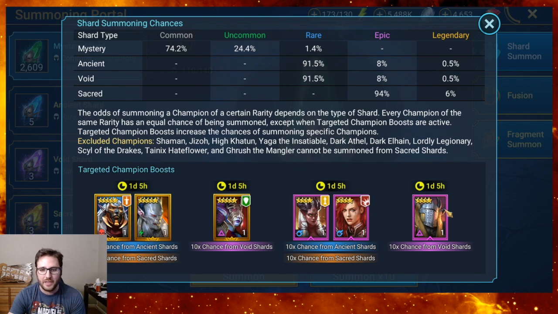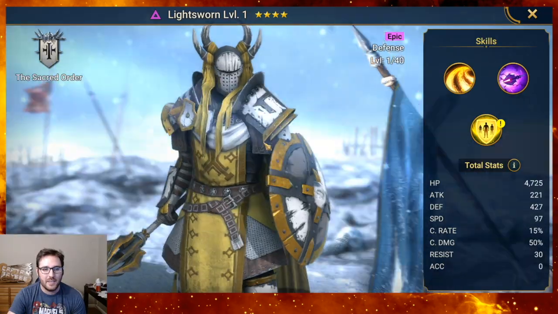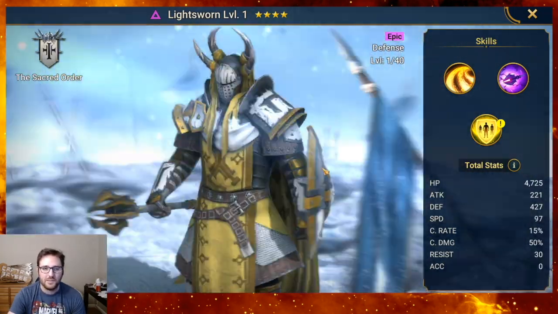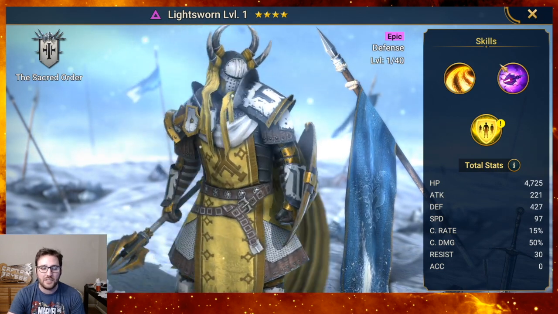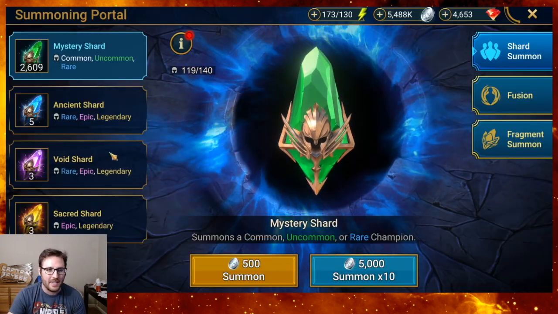Same with Talia here. And Lightsworn, actually, one of my previous sponsored videos I did, he was the free champion you could get. So I do have him as well myself. He's a solid character, so if you guys get him, he's good. But mainly, we're looking for one of these 3 legendaries here. So we don't have a ton of shards to open,